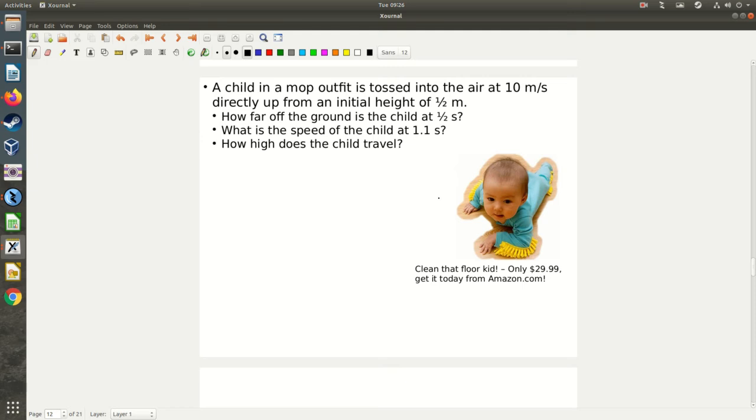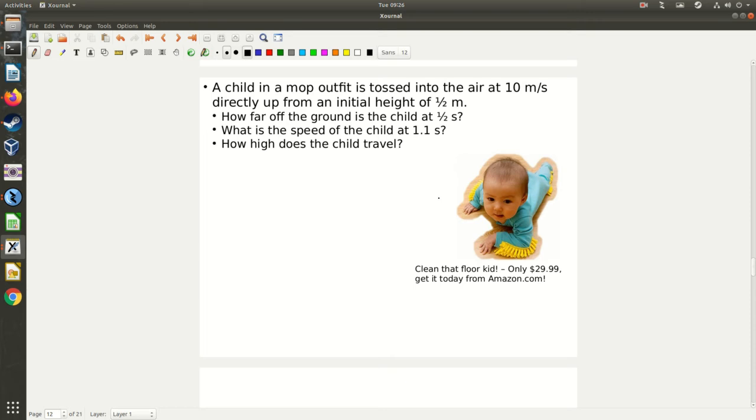Another type of kinematics problems involve free fall, and for some reason I found this one day on Amazon, and so I did a problem about it. So we have a child in a mop outfit. Is tossed into the air at 10 meters a second, directly up from an initial height of 1/2 meter. Think of like a father throwing up their child. I guess maybe a little bit older than that kid, but you get the picture. I just think it's funny because he just calls around and cleans the floor. Anyways,